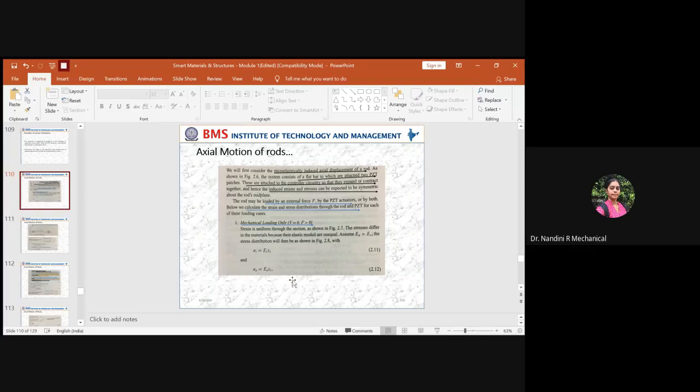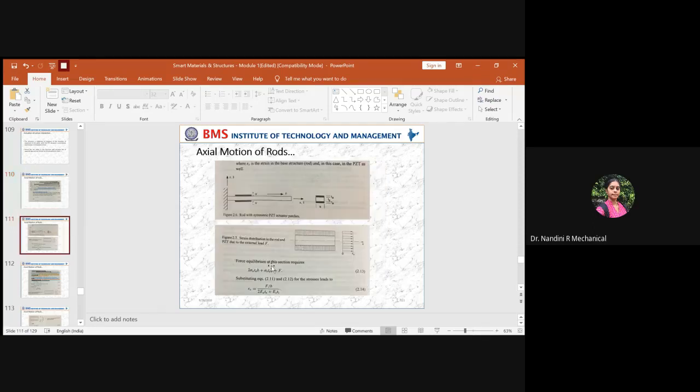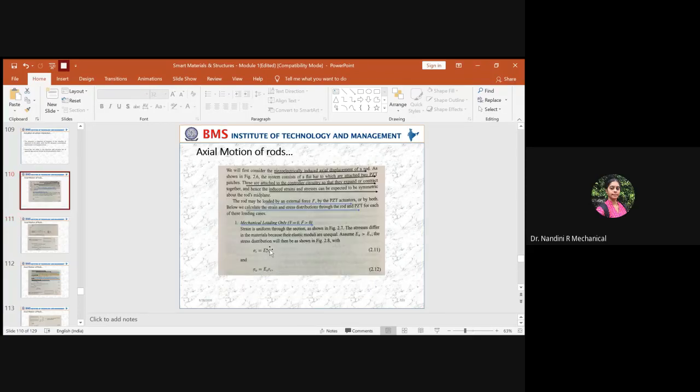Okay, and this is the stress distribution across the rod when you have two patches of piezoelectric element, and it is for our first type, which is the direct piezoelectric effect, where you will have the mechanical loading force greater than 0 and you won't be applying any voltage, and hence V is equal to 0. So this is the first case where you have to know how to derive the equation both for the stress distribution as well as the strain distribution related to the direct piezo effect. Is this clear? Yes, miss.